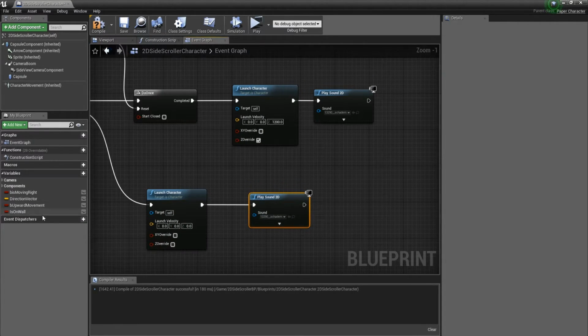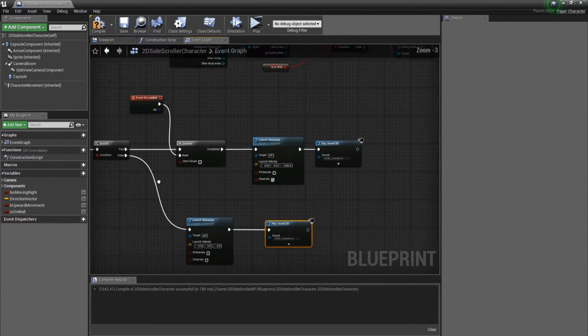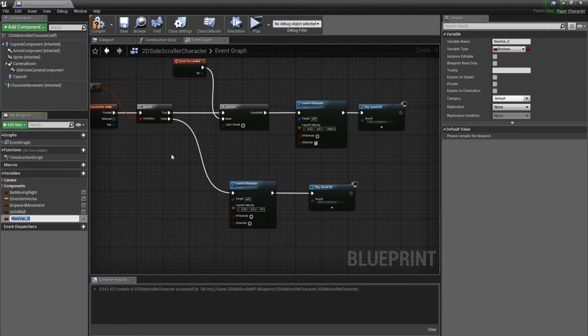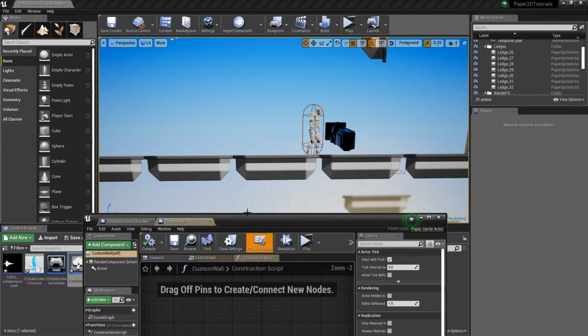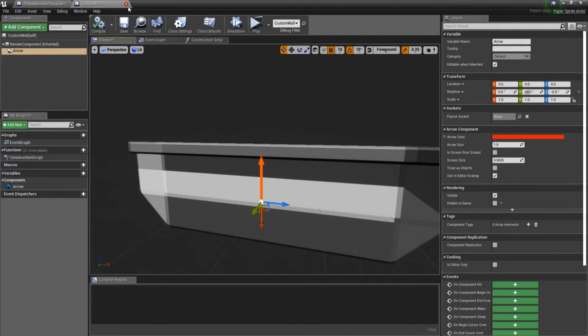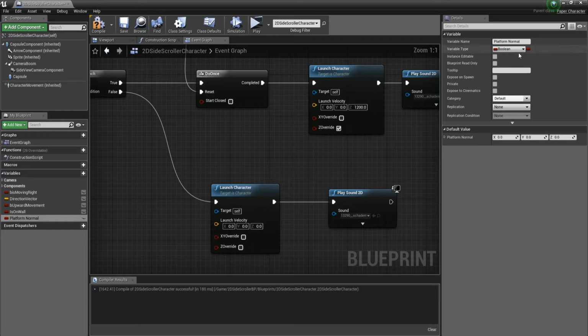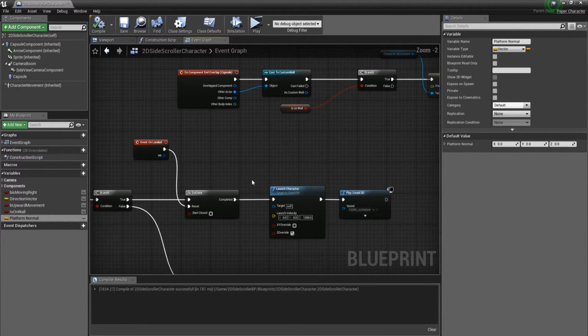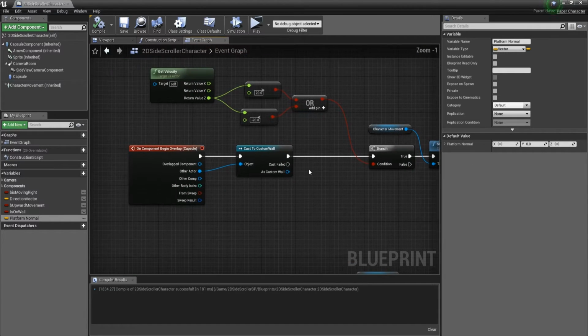and we're going to play a sound. And I think we can also set a variable, but before doing that we need to create it. So we're going to get here platform normal, and you might remember that in our custom wall I set up an arrow which is going to point upwards. We'll need to use this now, so I'm going to make this a vector tree. I'm going to compile it, default value 0 on all the axes,